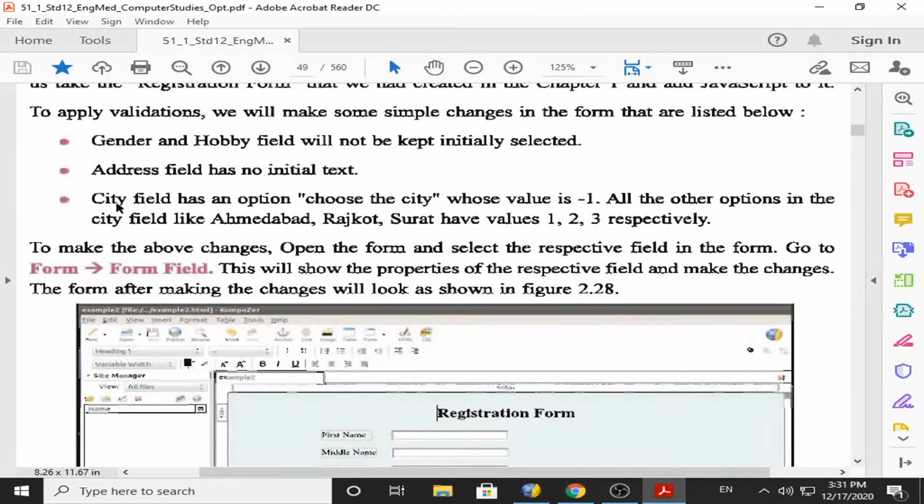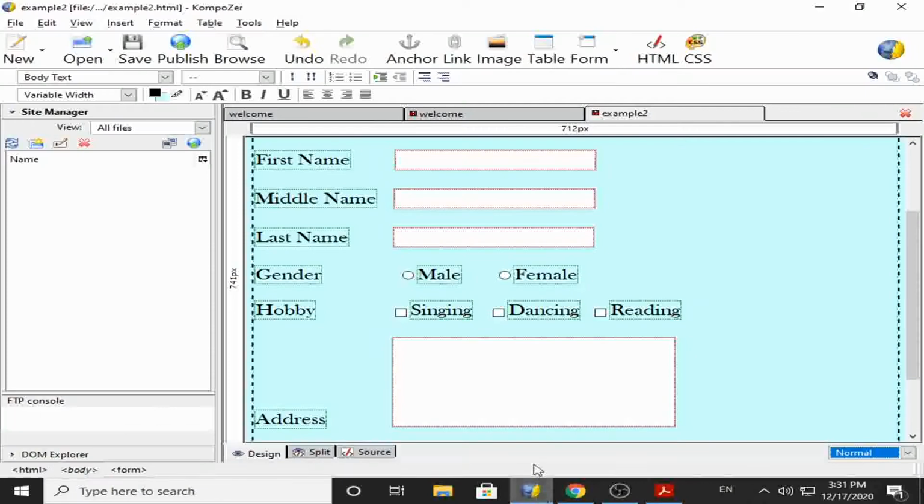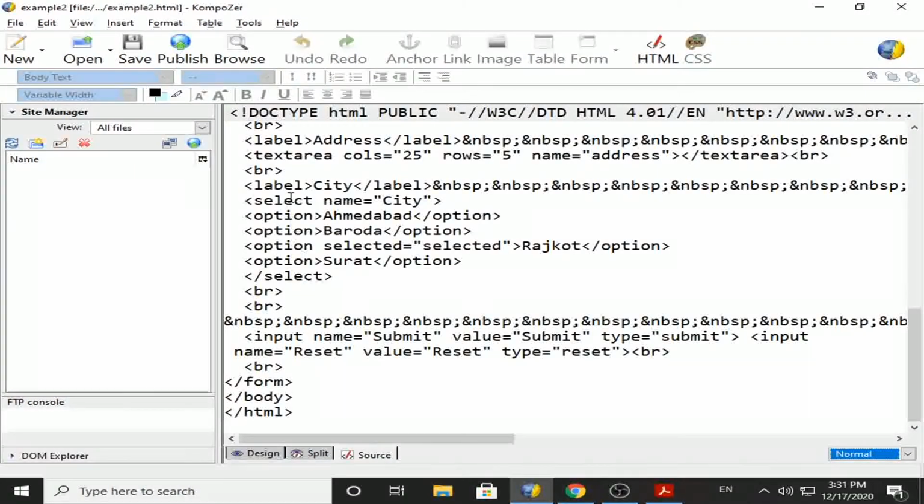In the same way, the city field has an option that is "Choose the city" whose value is -1, and all other options in the city field like Ahmedabad, Rajkot, Surat have values 1, 2 and 3 respectively. So what to do? Again we click on source. Now here you can see the options are there.